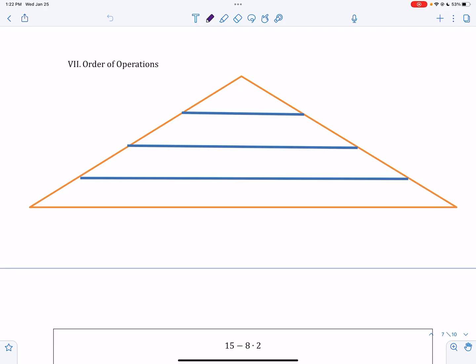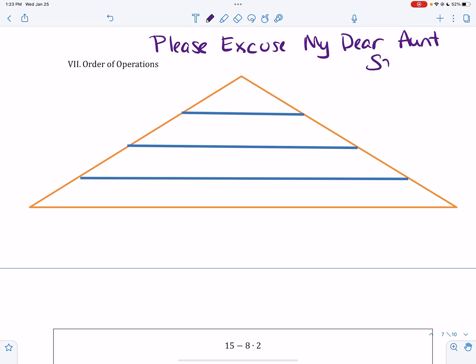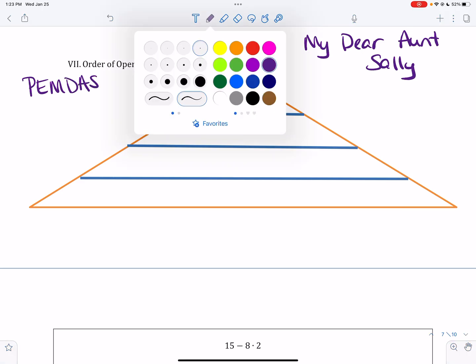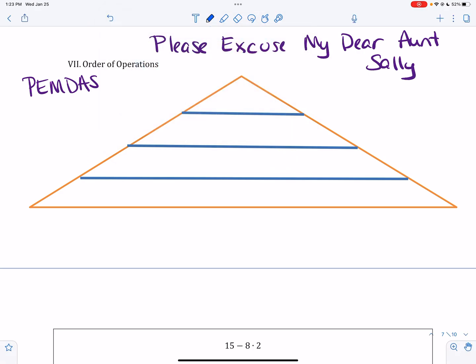All right, this is 5.2. We're going to finish up our order of operations for this section. So with order of operations, you may have heard of "Please Excuse My Dear Aunt Sally," otherwise known as PEMDAS. But I like to use this pyramid to help us discern which order of operation is going to be needed